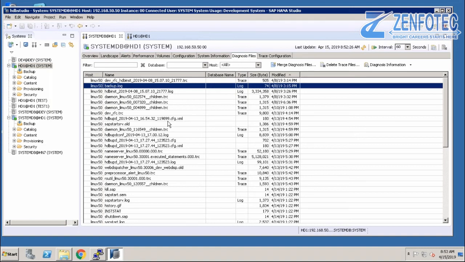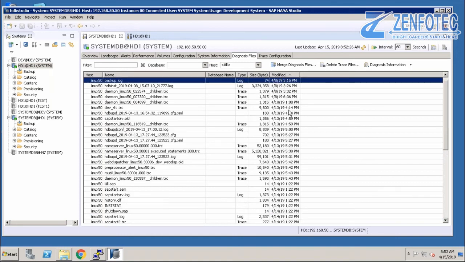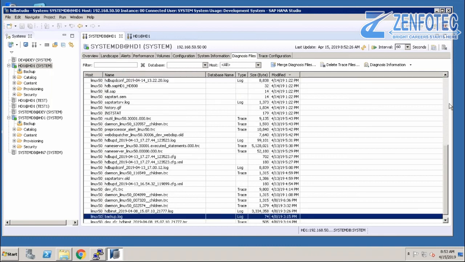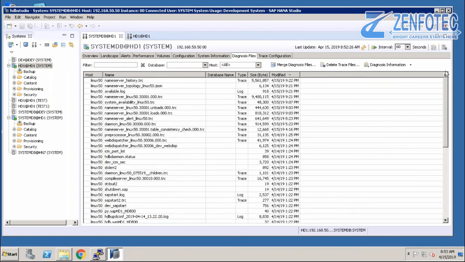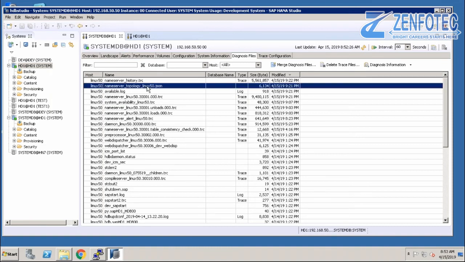Okay, if you see the latest one, for example, this is the name server trace, the name server topology. We have restarted the system, so it will record everything. For example, here we have restarted.